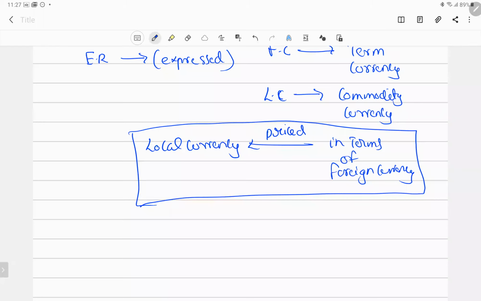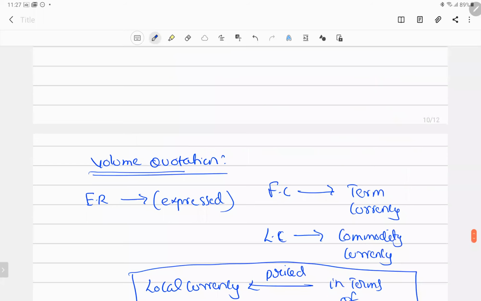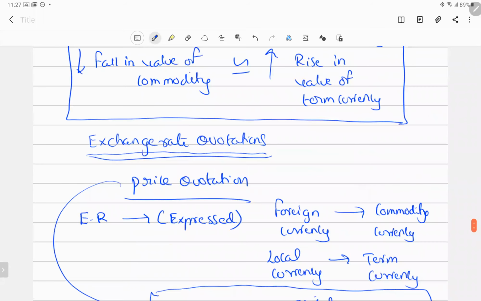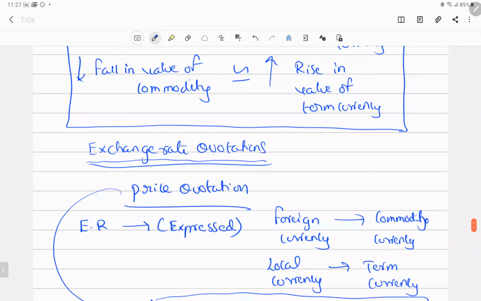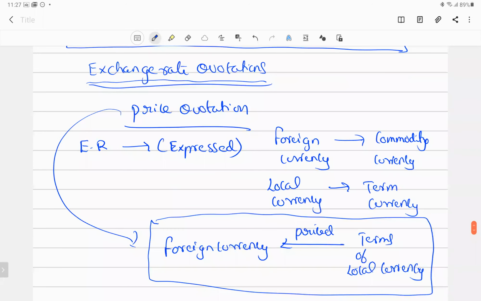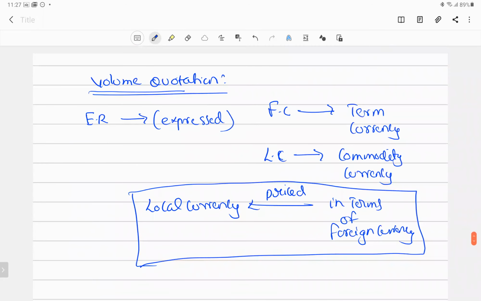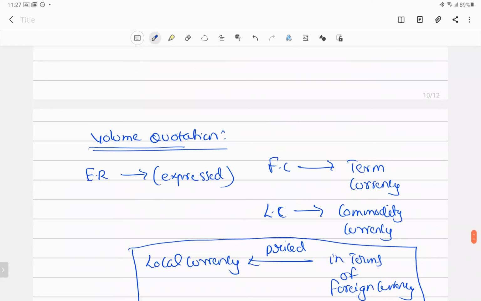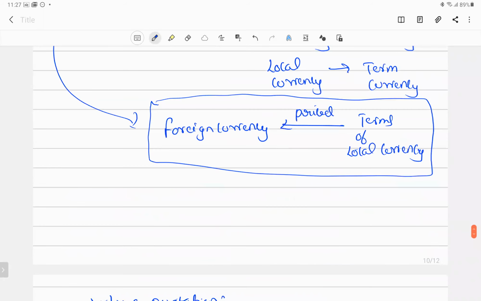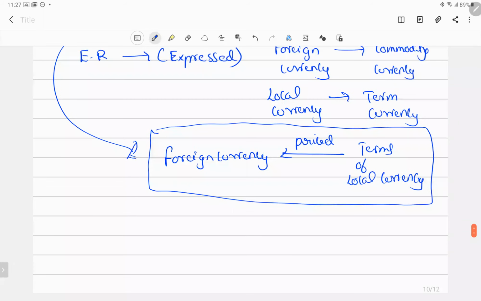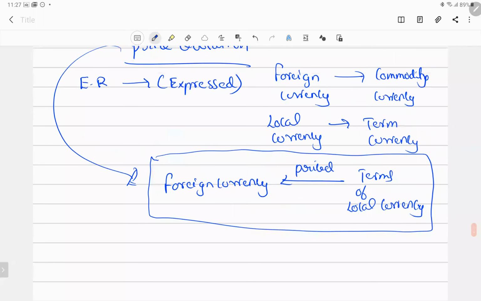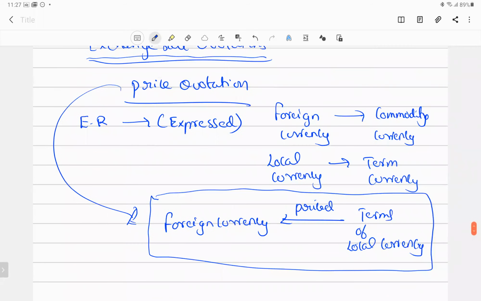So the same exchange rate is being given and the quotation would have been given differently. The banker may deal with price quotation, or you as a trader will be dealing with volume quotation. You have to know which type of quotation the bank provides to you. Suppose you're the risk manager, you have to deal with the two types of quotations. So you have to convert, whether price to volume or volume to price, as per your requirement, so that you can trade in the exchange rate.